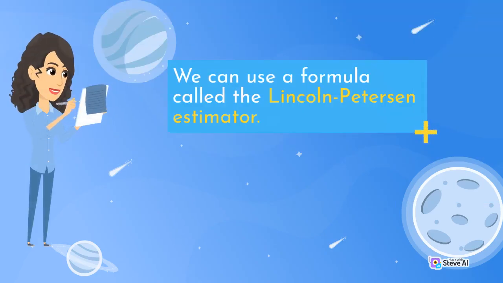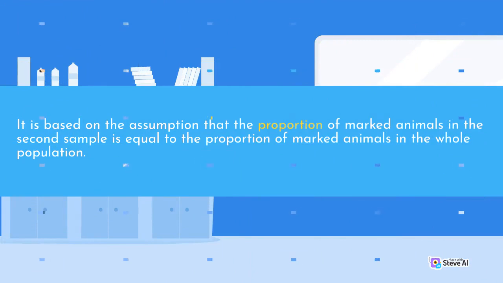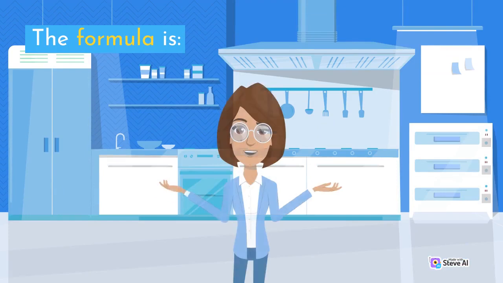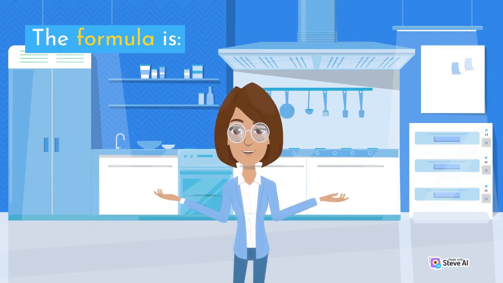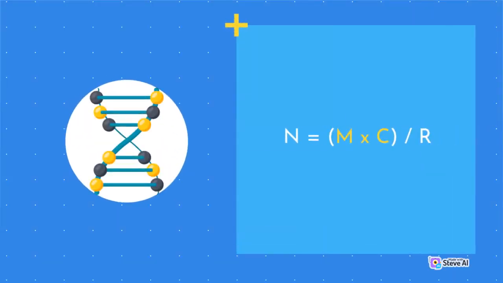We can use a formula called the Lincoln-Petersen estimator. It is based on the assumption that the proportion of marked animals in the second sample is equal to the proportion of marked animals in the whole population. The formula is N equals M times C over R,